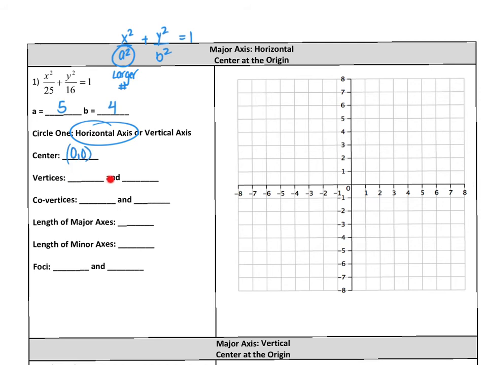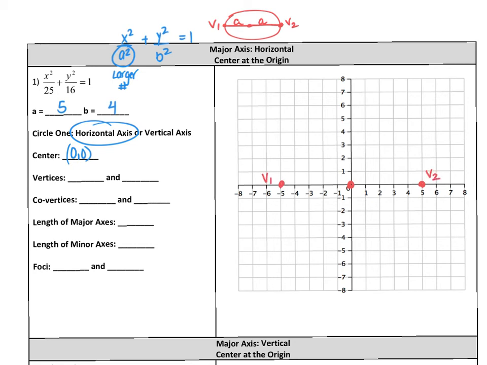So now to find the rest of this information, we probably should graph. We'll start at the origin for my center. And since we know we have a horizontal ellipse, we know it has to look like this. So the major axis is from here to here. We know this distance is a, and these will give us our vertices. We can call this V1 and V2. So we're going to go over our a distance. Our a distance is 5. So we're going to go 5 to the right, 5 to the left. Vertex 1,